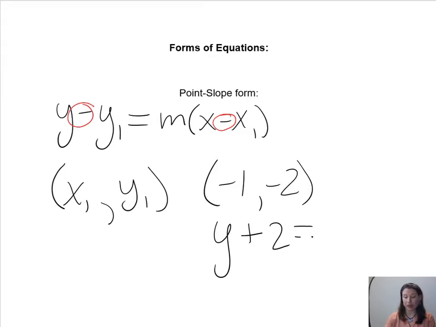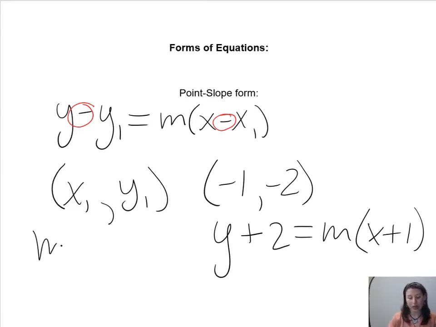Minus minus, and then we don't know m, and x plus 1, okay? We always change that sign. So then again, m is slope. That never changes. Okay, so those are two forms of equations that we have. We have the slope-intercept and point-slope. Those are basically the two that we'll use primarily